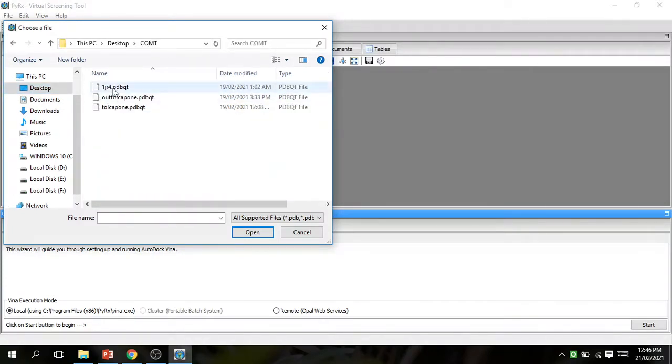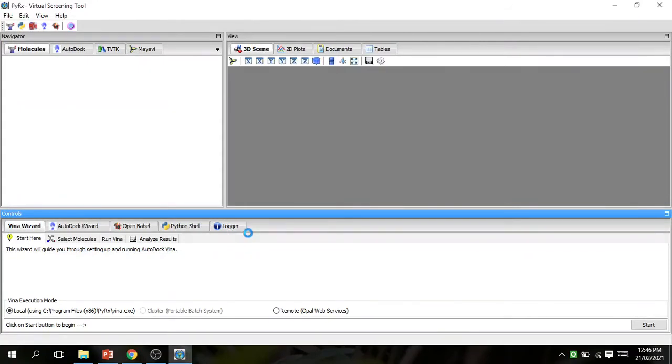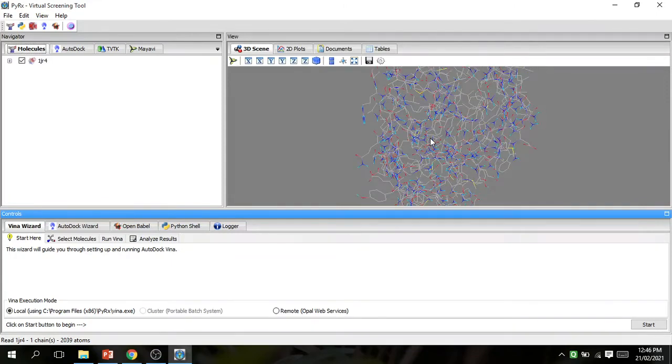This is protein 1JR4, catechol-O-methyltransferase. Select and open this.